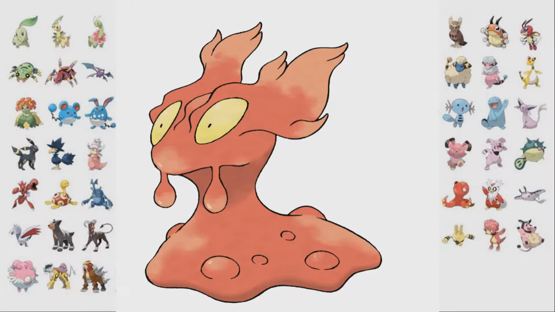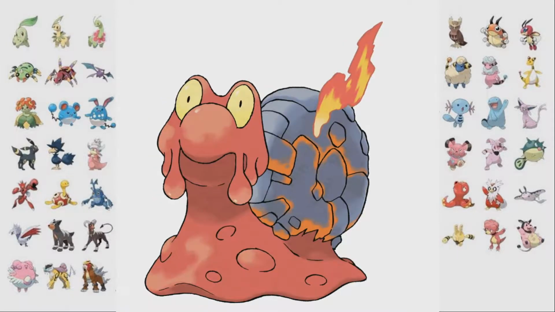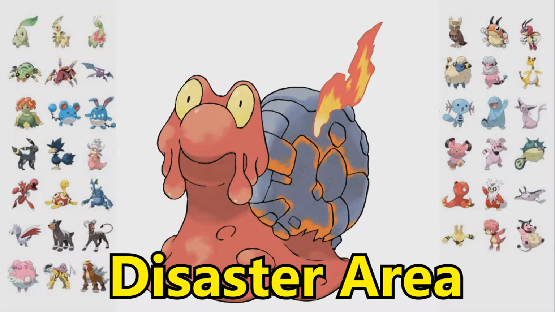Oh, blobby blobbies. Doodrip. Yeah. Kind of accurate. It is Slugma. He just looked like a disaster area. Can we just call him a disaster area? Yeah. I like that name. Oh dear. Yeah, that is disaster area. Oh, that's a great name, but it is